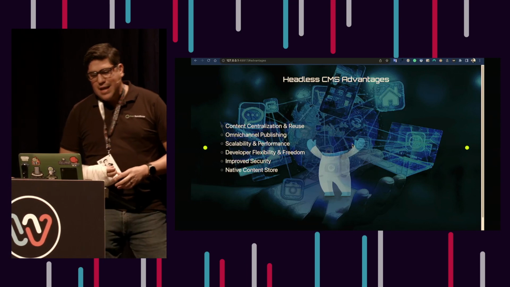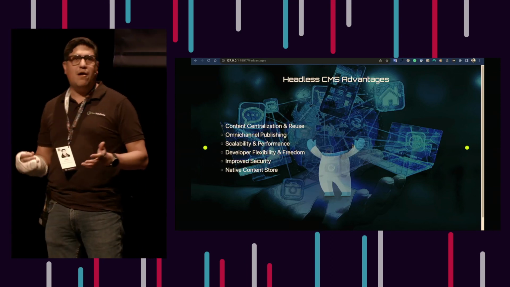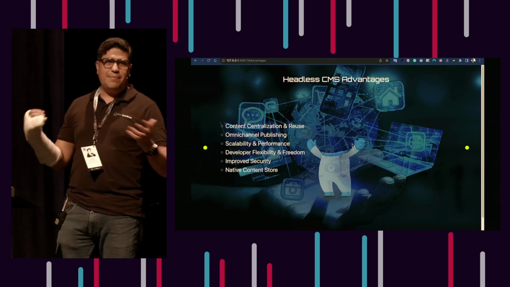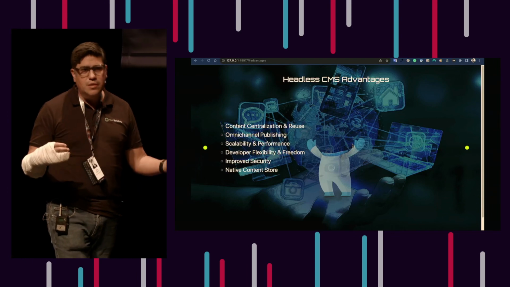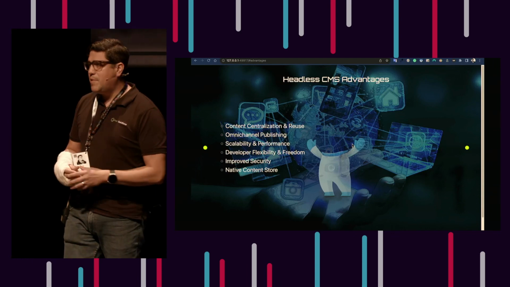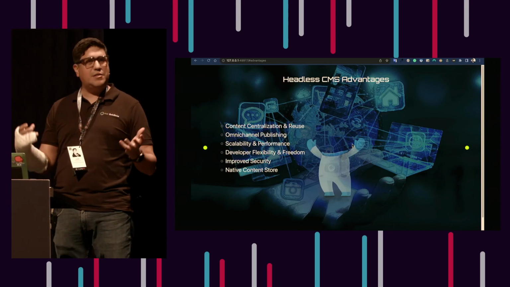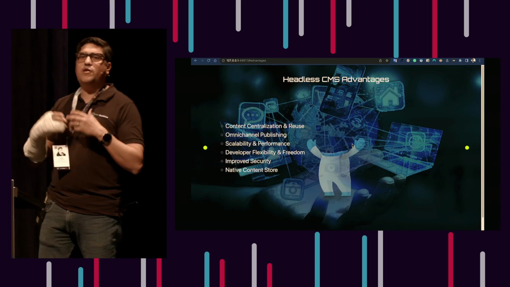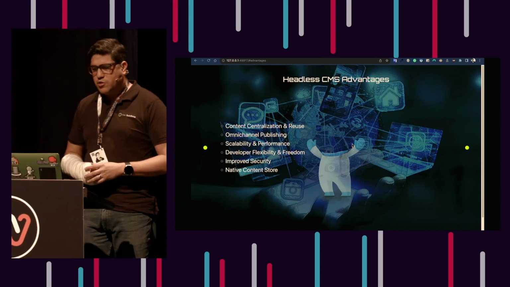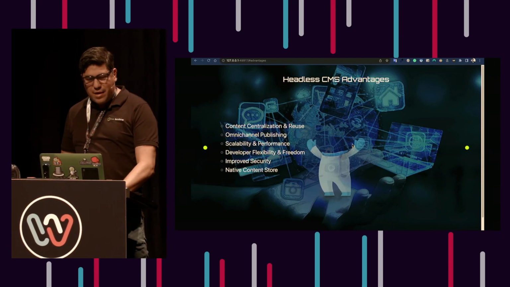And the last one, that not a lot of CMSs do, is to provide a native content store. Some CMSs basically just offer you the ability to tap into the blog or tap into pages, per se, through the API. But in all reality, when you deal with a headless CMS, you want the ability to do a content store, the ability to define that content according to your concerns. So that's why the advantages of a headless CMS stem from a native content store.